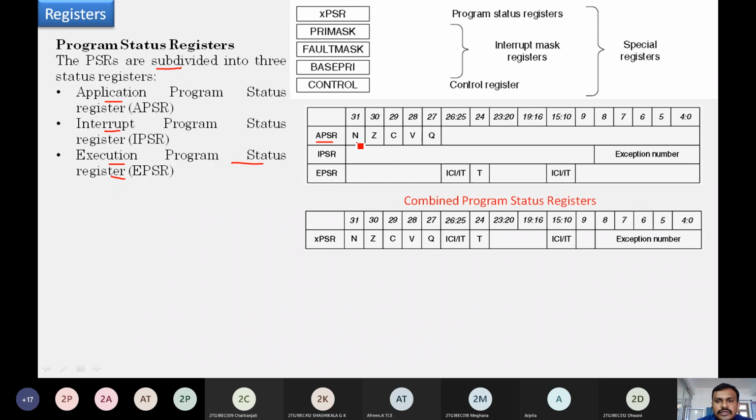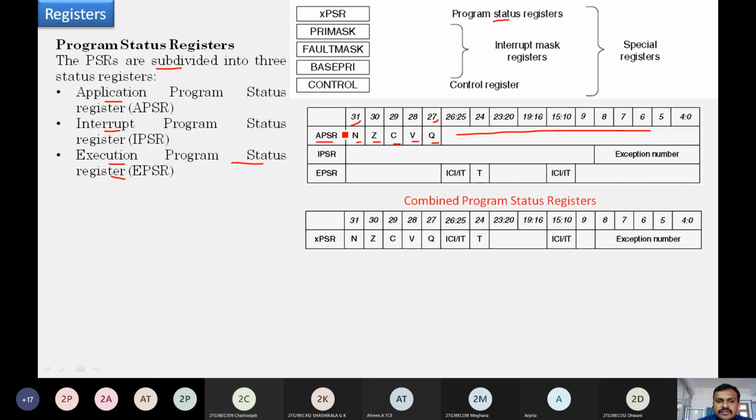It holds the status of the program after execution in the form of NZCVQ, and these are available in bit numbers 27 to 31. These bits are used by the APSR to maintain the program status. And what about the lower bits below 27? They are unused in this particular register.